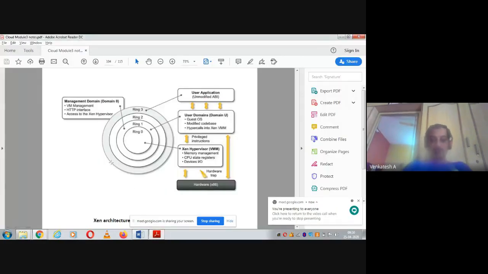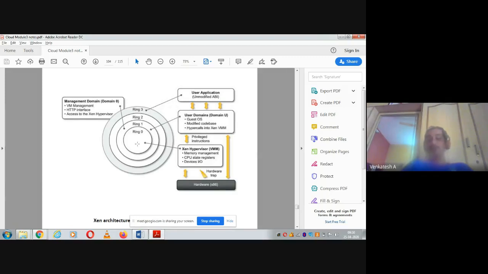Okay, so look at this diagram. In the lowermost layer we have the hardware. Then it's interacting with the Xen hypervisor, which is a middleware software. So that means immediately after the hardware we have installed the Xen hypervisor, and I told you it's a microkernel architecture, and it provides only the basic functionality of a kernel, that is memory management, CPU related, that is process management, and IO management.